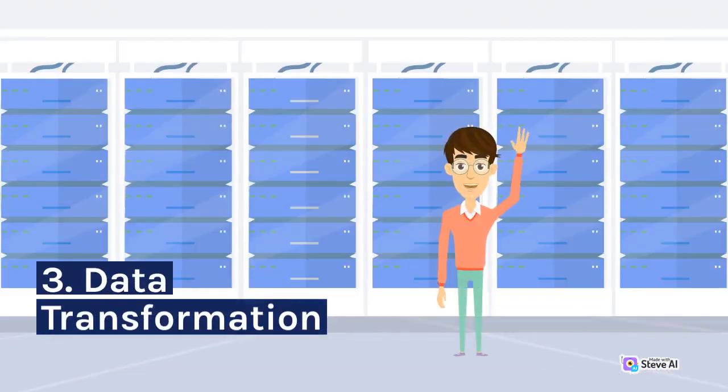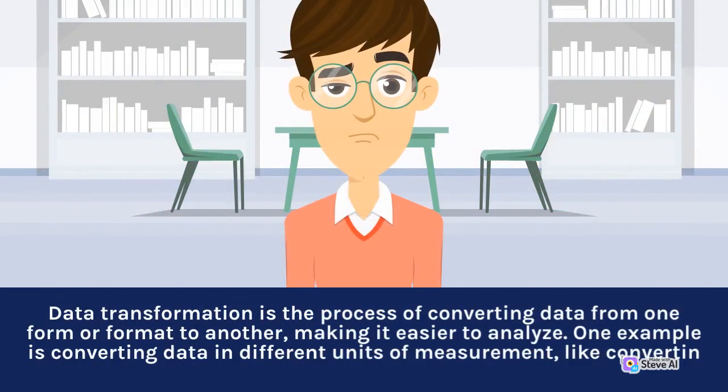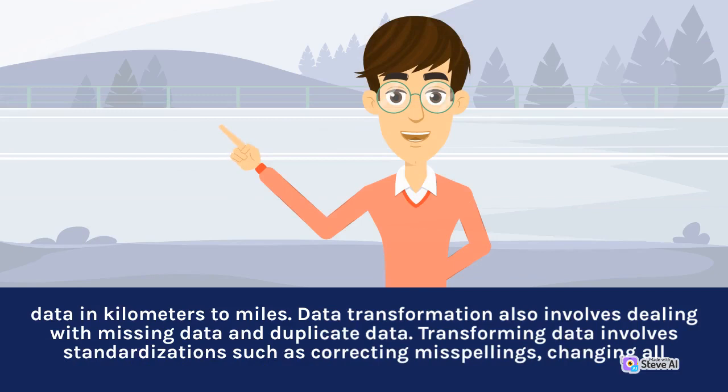3. Data transformation. Data transformation is the process of converting data from one form or format to another, making it easier to analyze. One example is converting data in different units of measurement, like converting data in kilometers to miles. Data transformation also involves dealing with missing data and duplicate data. Transforming data involves standardization such as correcting misspellings, changing all